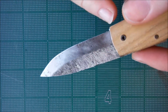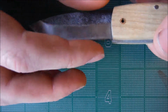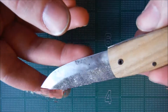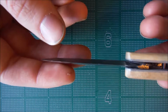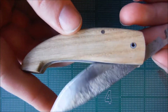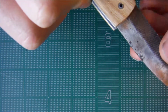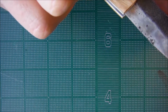I didn't want to keep on going until all of them were gone, because then I wouldn't really be left with much of my original blade shape and design. So after touching it up after the forge, I put it in the oven again at 350 for about an hour, and then it hardened pretty nicely. And then I took sandpaper and